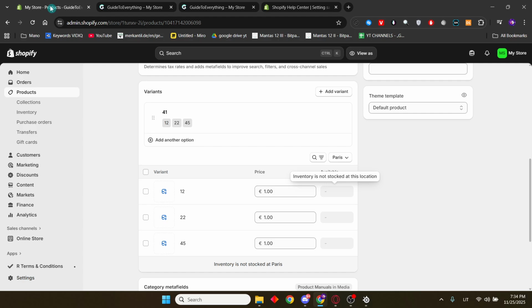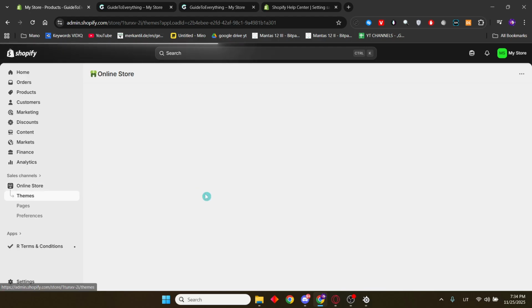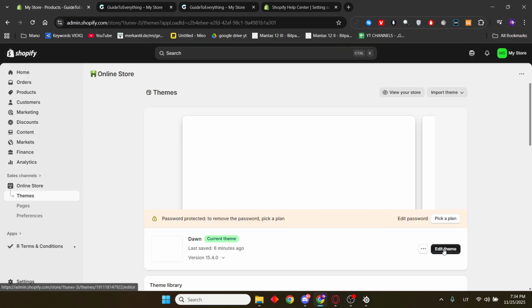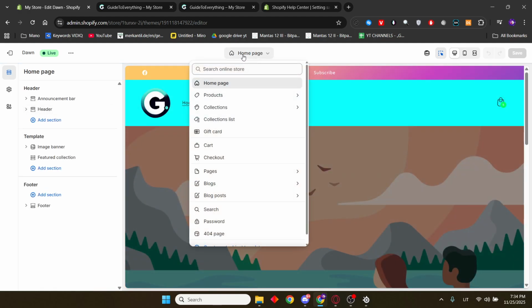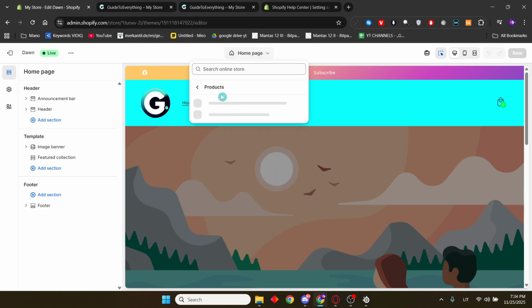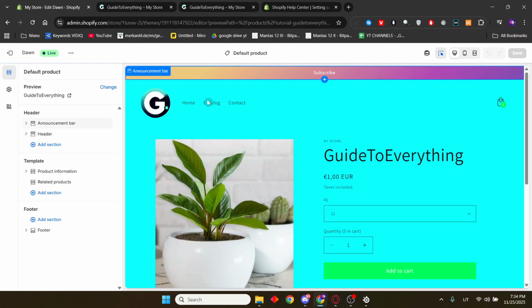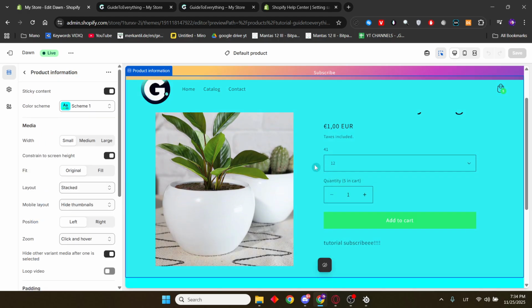So what you'll need to do is go to your Shopify admin, click online store, then themes, then click on edit theme, and basically right here on the drop down menu select products, default product, and then you will see product information. Click on that one,